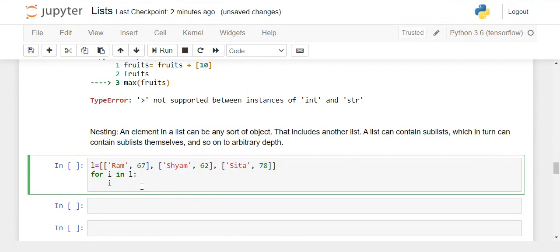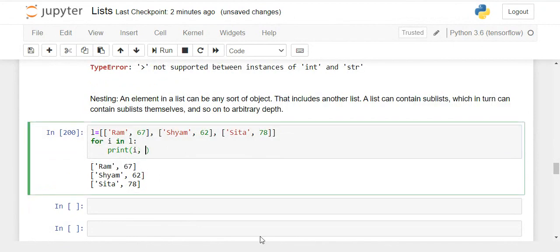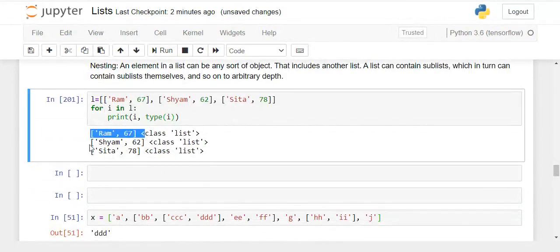So when you print i, it will print these elements one by one. Now i itself is a list. If you check the type of i, all these are individual lists that you have retrieved.